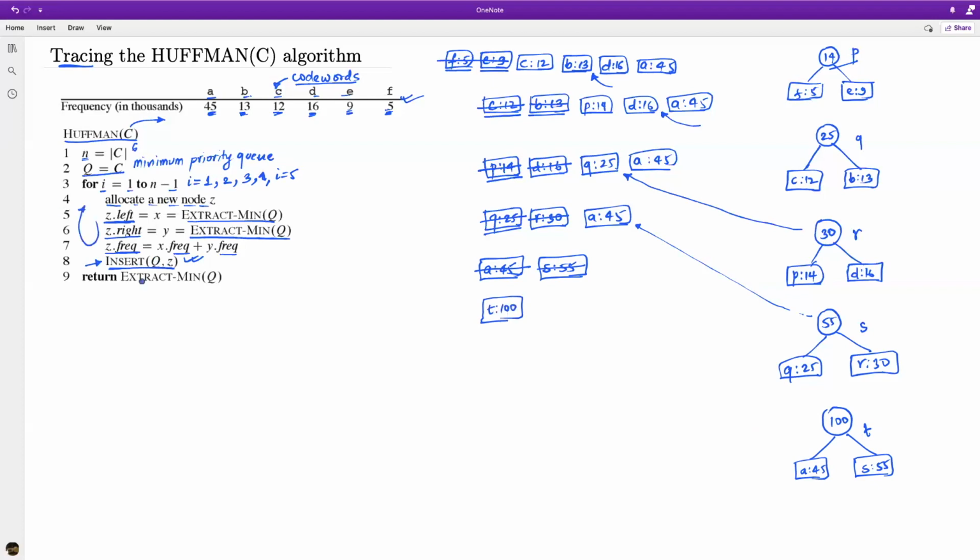Now what we have to do is extract min from the priority queue. This is we extract T100. And if we visualize the tree, let's actually unfold the tree to see how it looks. So this T100 is actually this subtree right here, which is 100, followed on the left by A45, and on the right, we have S55. Now S55 is actually this subtree right here. So I can replace S with this subtree, which is actually